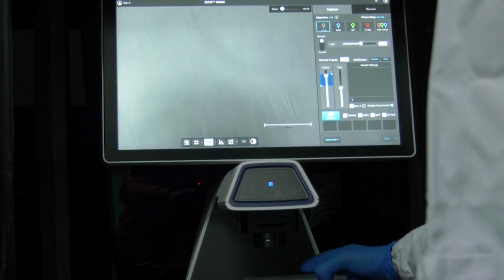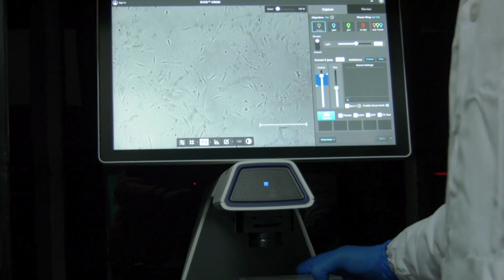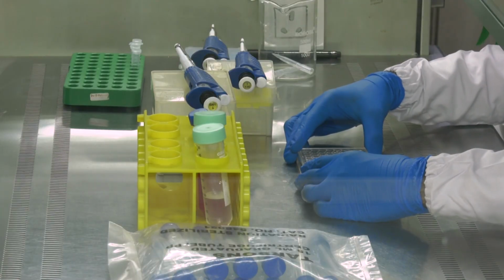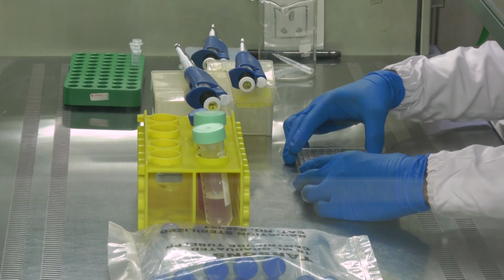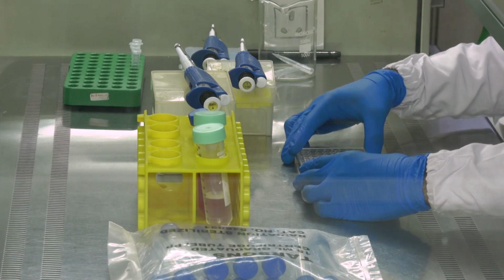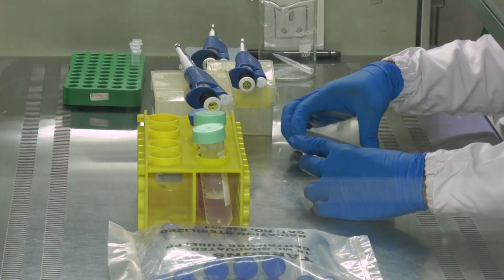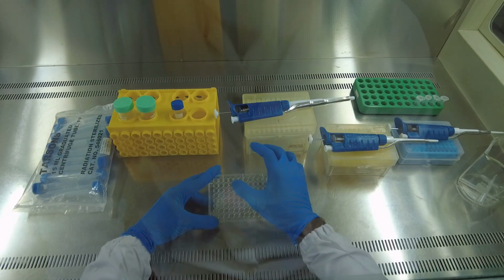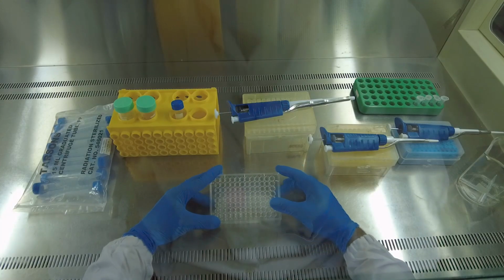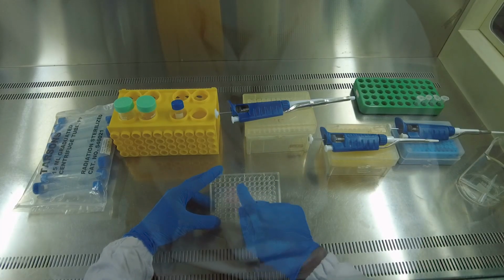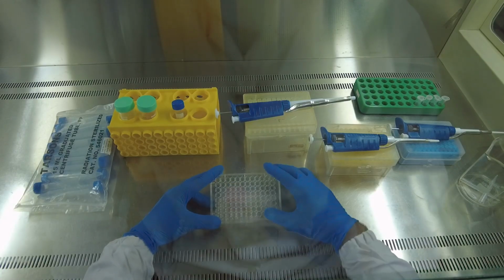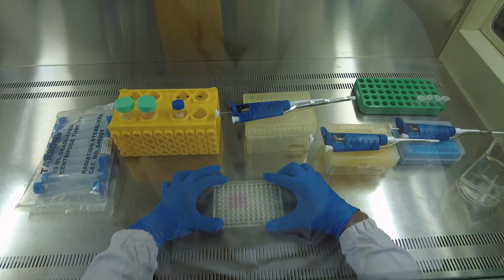Here you can see that the cells are well adhered to the 96 well plate. Now we will treat them with the test material. Right now we are going to test the material in 3 wells for the AOEB stain and another 3 wells for Hodges staining. In this, the first and the third columns are the control wells, while the second and the fourth columns are the wells where the test material will be added.